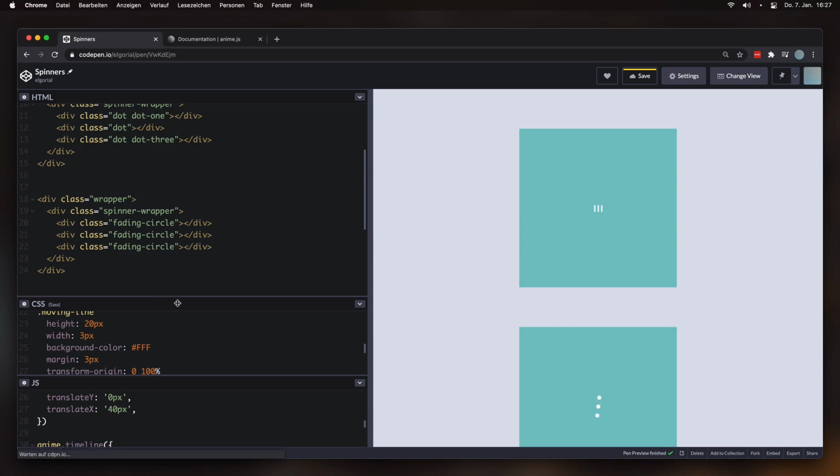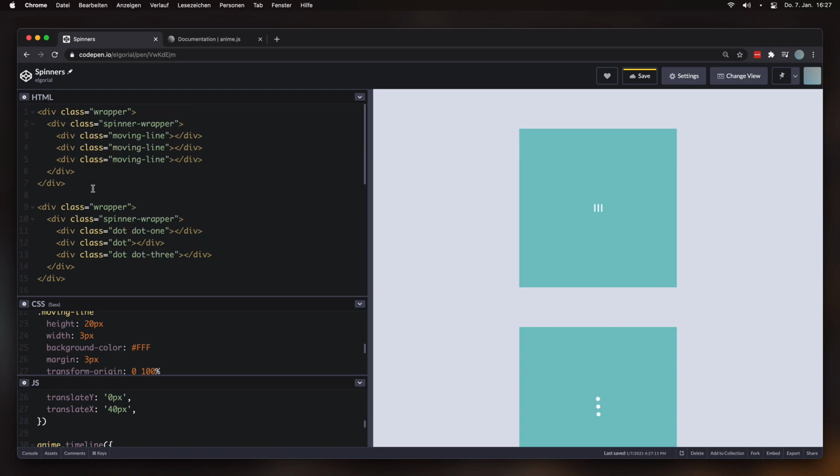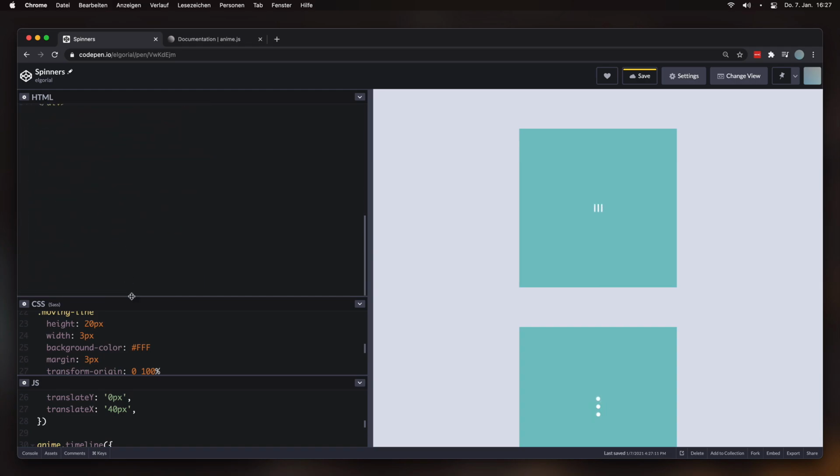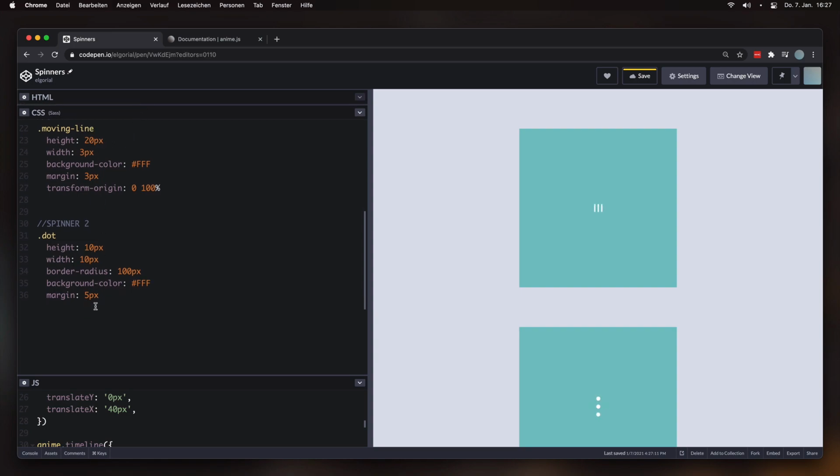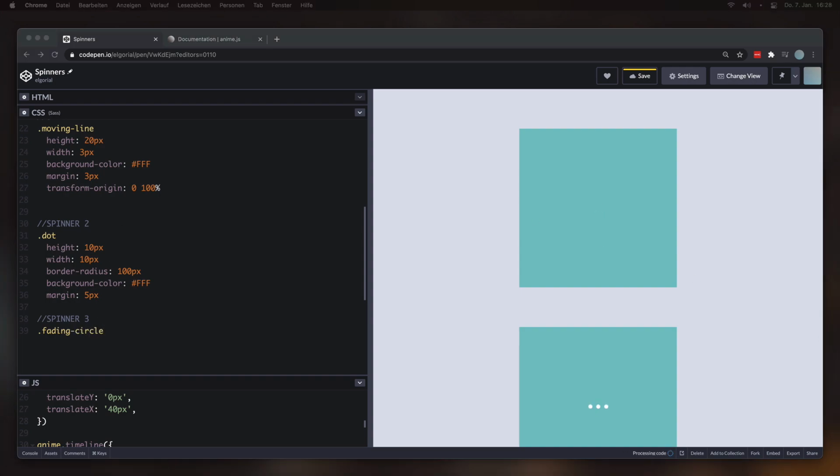Right, so we can close our HTML, and let's see. Okay, comment spinner 3 dot fading circle, and the fading circle will simply be a